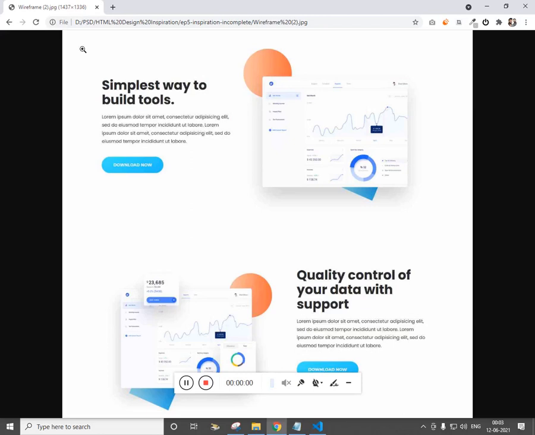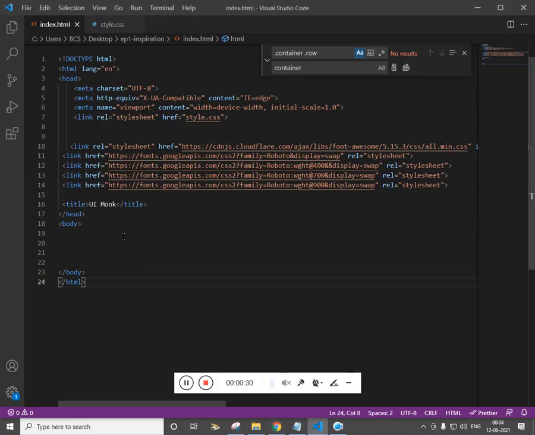In this video, let's work on converting this design into HTML and CSS. Fine, let's get started. Just to give you an overview, we have a container. Inside the container, we have a row. On the first row, we have two columns. This is the first column, which holds an h3, a paragraph, and a button, and on the second column we have an image. In the same way, on the next row the text comes second and the image comes first. That's the difference. Now let's work on the HTML.